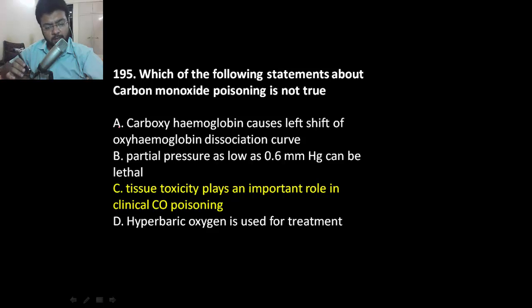What's tissue toxicity? It happens when tissues are not getting oxygen, even if there is an ample amount of oxygen present in the surroundings, right? So that is true for cyanide poisoning, not carbon monoxide poisoning. It's actually the affinity for oxygen has increased in the RBC, not